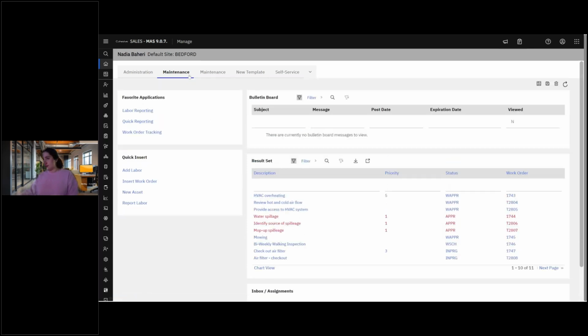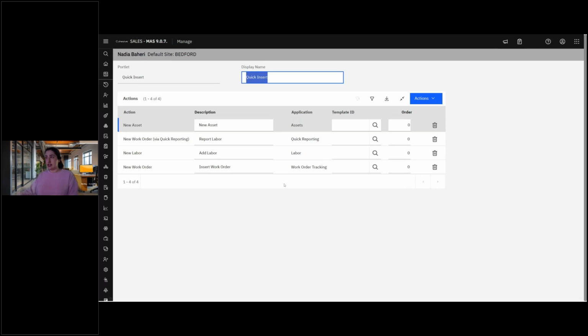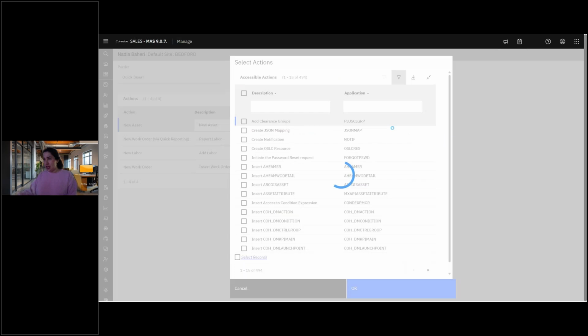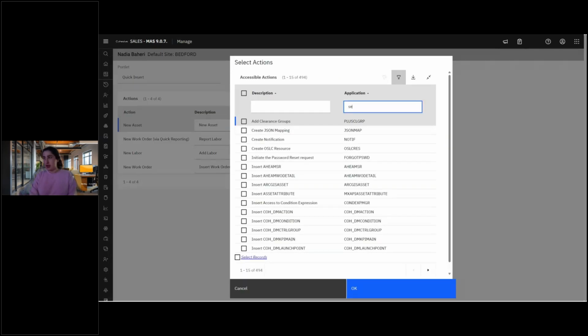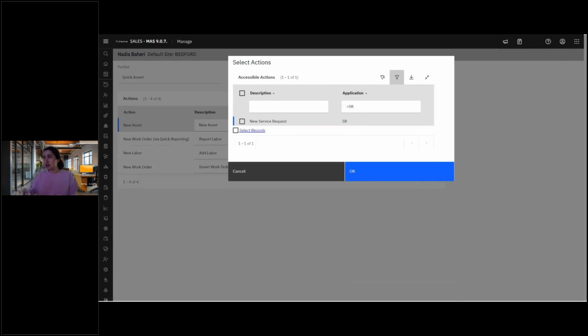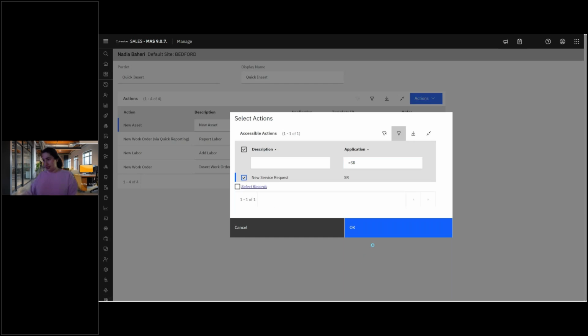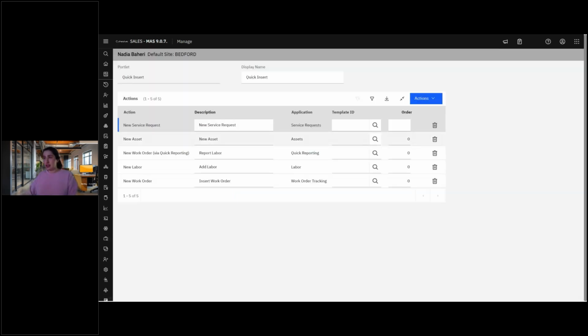We want all users with a maintenance template to have the option to create a service request in addition to a work order. So I'm going to hover over Edit Portlet. You can see there's options here, change the display name, as well as all the actions. So I'm going to add a new action. There's quite a few, so let's filter by the service request application. New service request. I'm going to choose that,